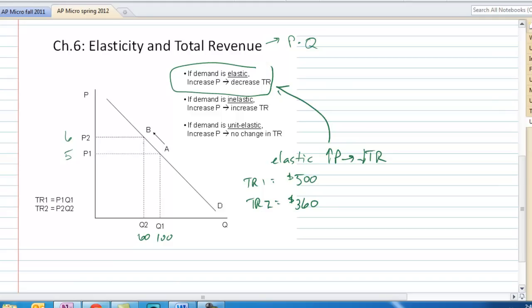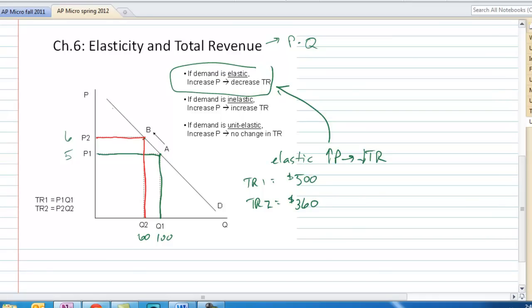A good way to visualize this is if we put this on a graph, you can do this without even putting the supply curve on here, just the demand for the good. From point A to point B, we can show the total revenue on this graph. If total revenue is P times Q, then the total revenue can be shown by this area here. The area of this rectangle is going to be equal to the total revenue received by this producer, by the Jimmy John's store, if the price is $5 and they're selling 100 units. If they raise the price to $6, here's the total revenue. P2 times Q2.